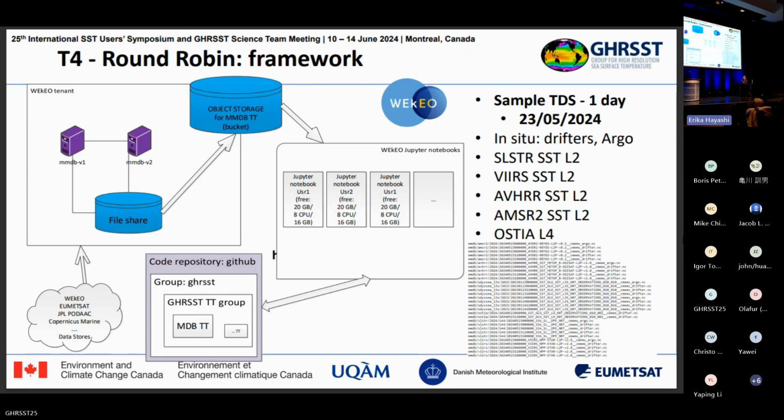Then we produce with Felix in the same manner a set of matchups, so using the same reference data and hopefully over the same time frame. And all these different MDBs are made available for analysis and round robin through the local bucket storage available on WEkEO, and can be used, for instance, through Jupyter notebooks. So it's even possible, by signing in on WEkEO, you can have free accounts that give you even enough resources to work through